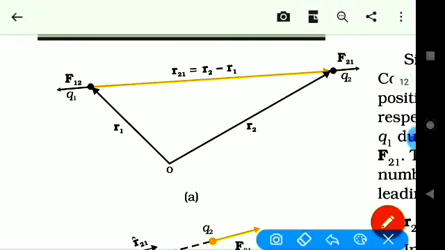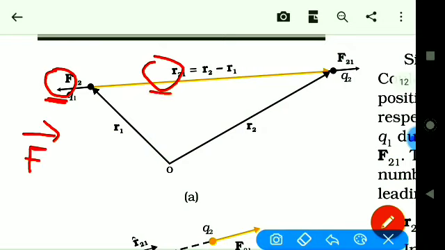Students, whenever you find bold letters, see here F is bold, here this R is bold, these bold letters represent vector form. Here this bold F is nothing but vector F. Here this bold R is nothing but vector R. So whenever you write this theory in your notebook, you have to represent bold letters by a vector sign.